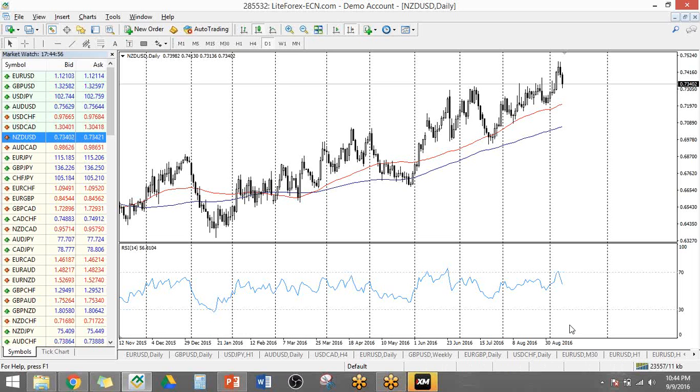If the price is below 30, that means the pair is already oversold. So, if it's already overbought or oversold, it might not be a good time to sell it more or to buy it more if it's already up there. Okay? Because it might not go up any higher because it's already overbought. So that can be an addition to your analysis.